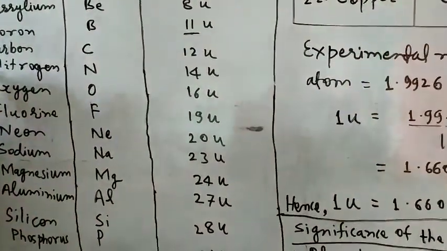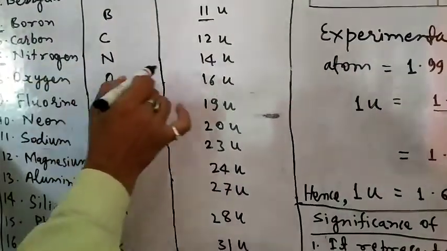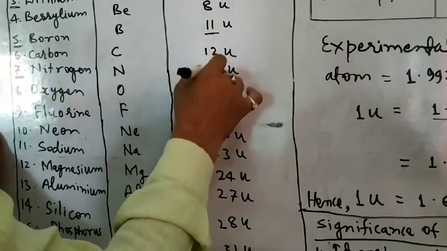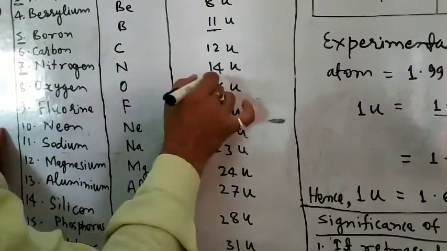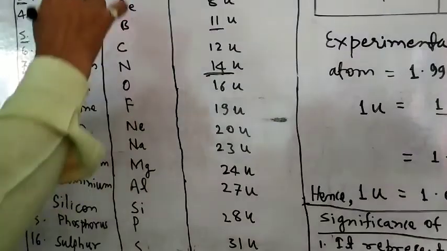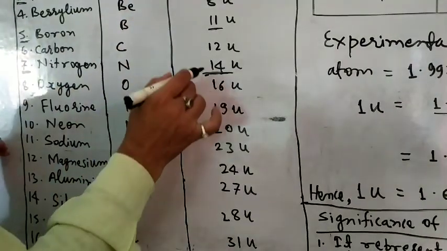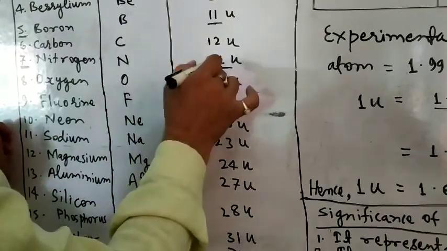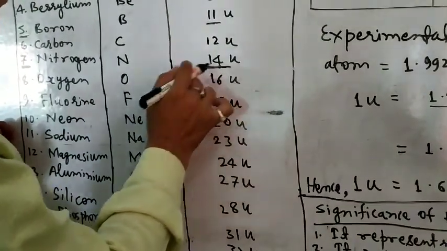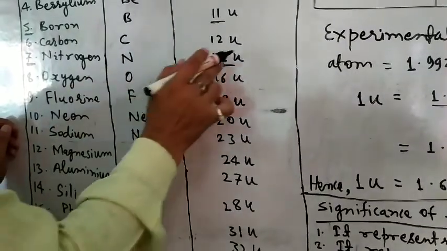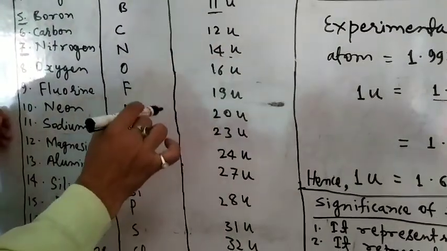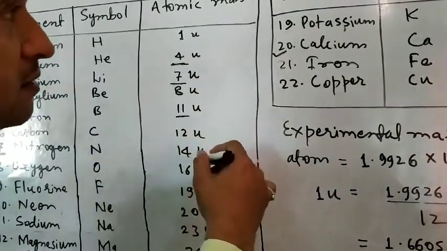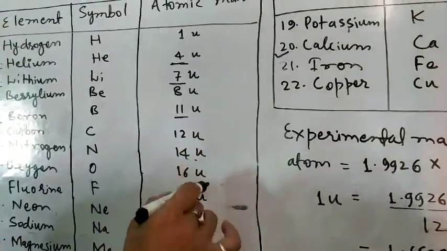this is an odd number, but its mass is only 14. That means only double its atomic number. According to that rule, it should be 7 times 2, which is 14, plus 1, so 15. But its real mass is only 14 u. So these are the atomic masses of some common elements that are generally used in this class.